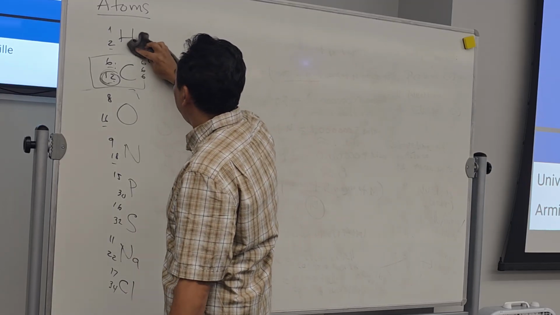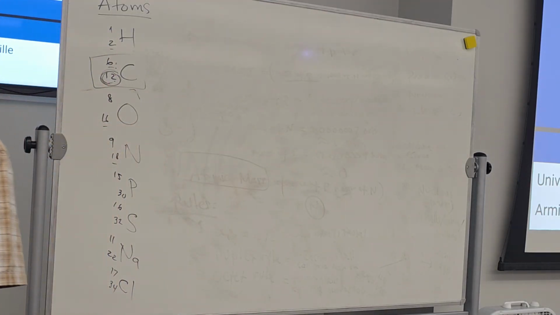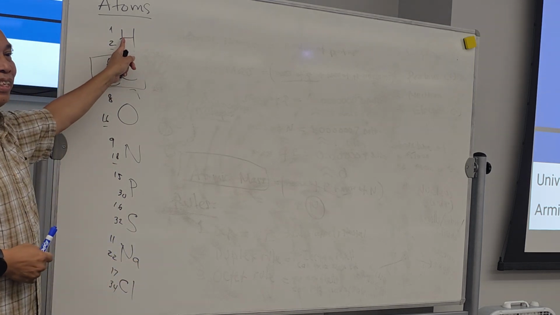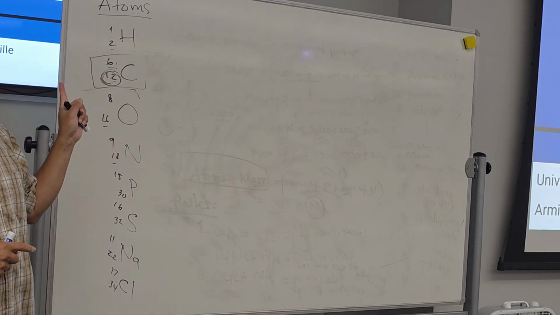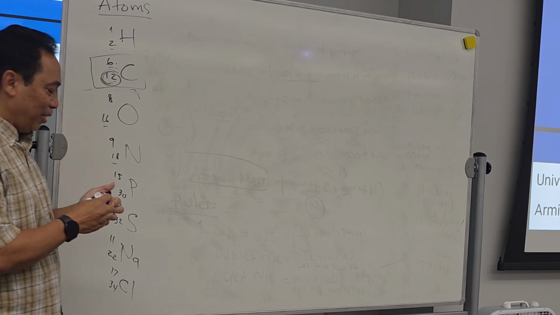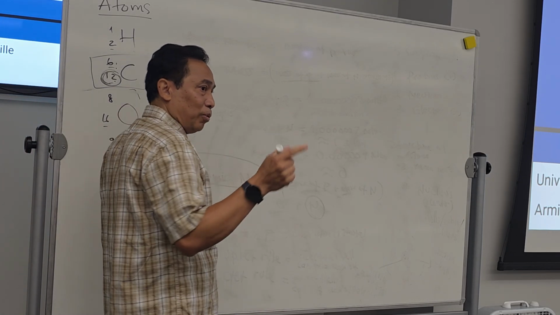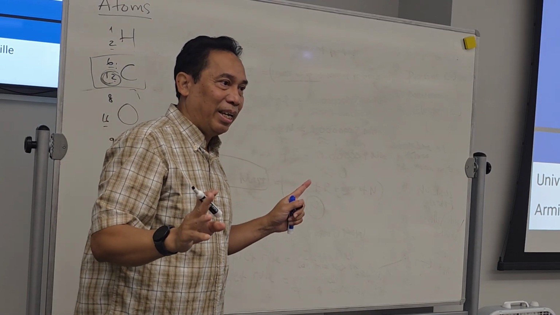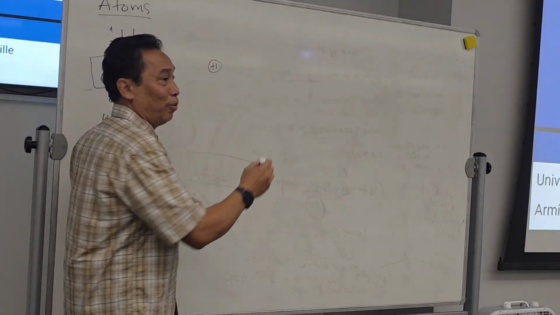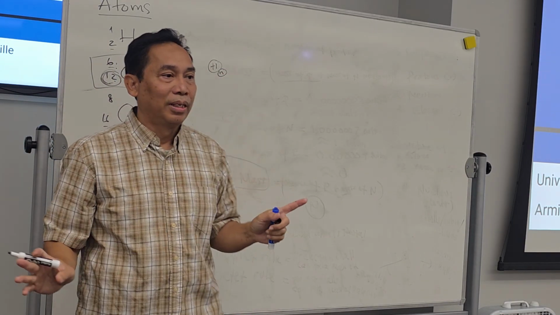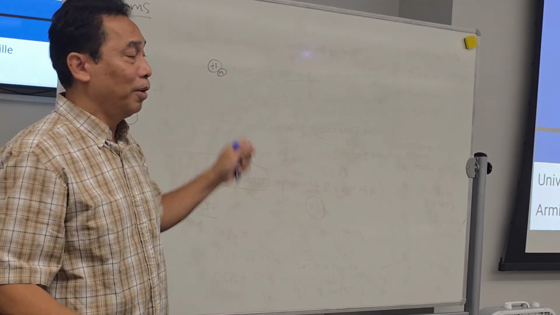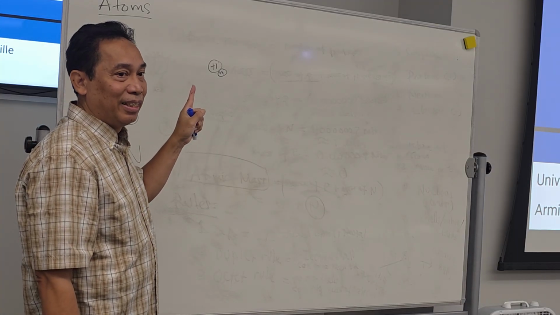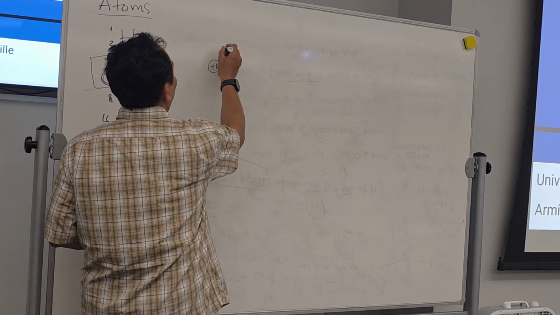Now we're going to apply those rules and draw the structure of some atoms. Let's say we choose hydrogen first. How many protons does it have? 1, right? So how many protons will be in the nucleus? 1. How many neutrons? It's also 1 here, right? Don't worry about the neutron right now. Now, how many electrons will there be? What is the first rule? 1. So it's going to be 1.